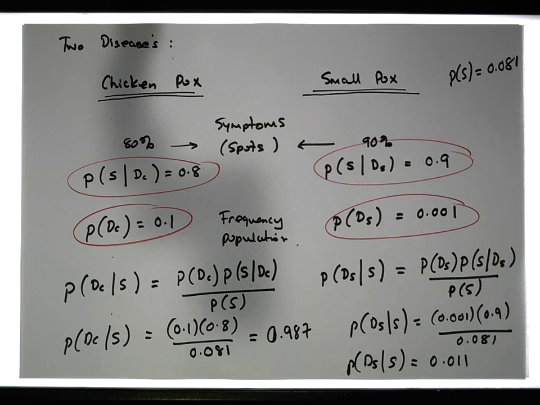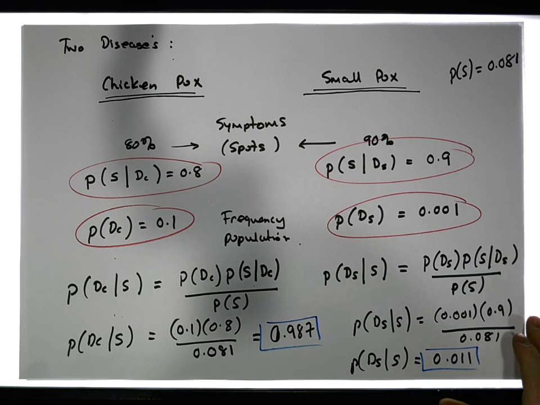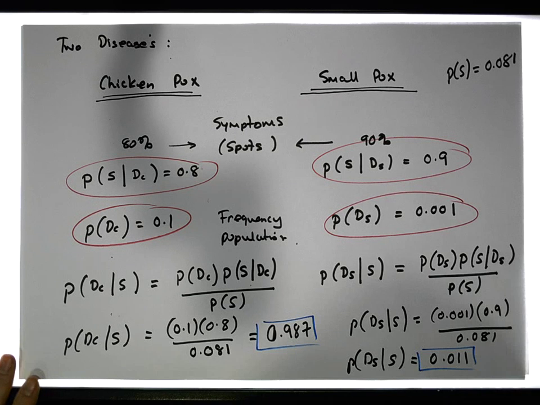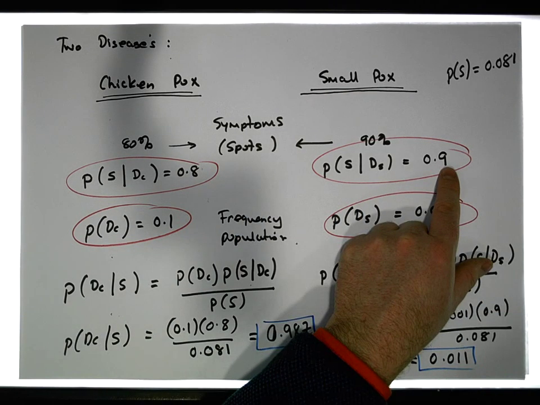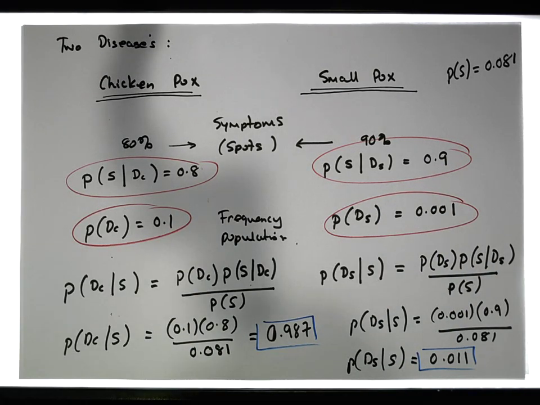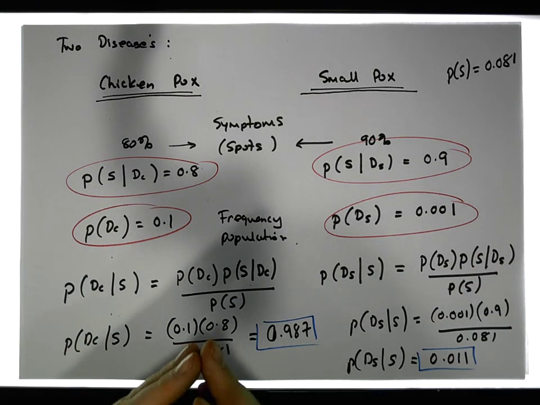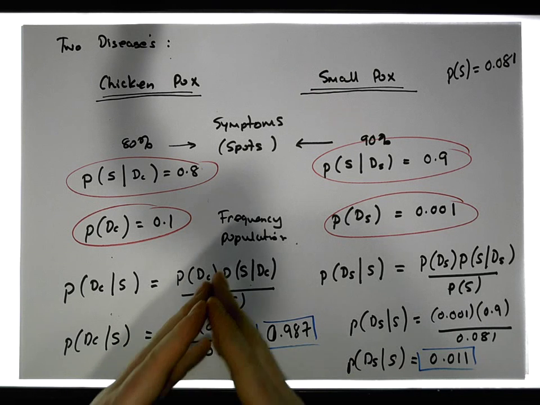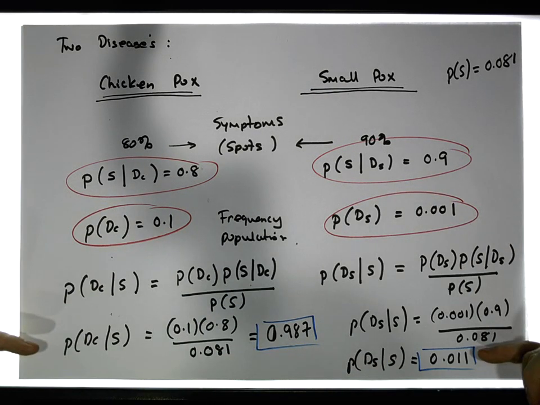So here was the dilemma. Let's walk through this again. We have two answers now. The dilemma that the doctor was faced with was that if somebody has smallpox, they'll generate the spots 90% of the time, whereas if someone has chickenpox, they'll generate the spots only 80% of the time. Now what we know is that the person has presented with spots to the doctor. What we'd like to figure out is the likelihood that they have a particular disease, knowing that they have the symptoms. Now when we work this down using Bayes' theorem,